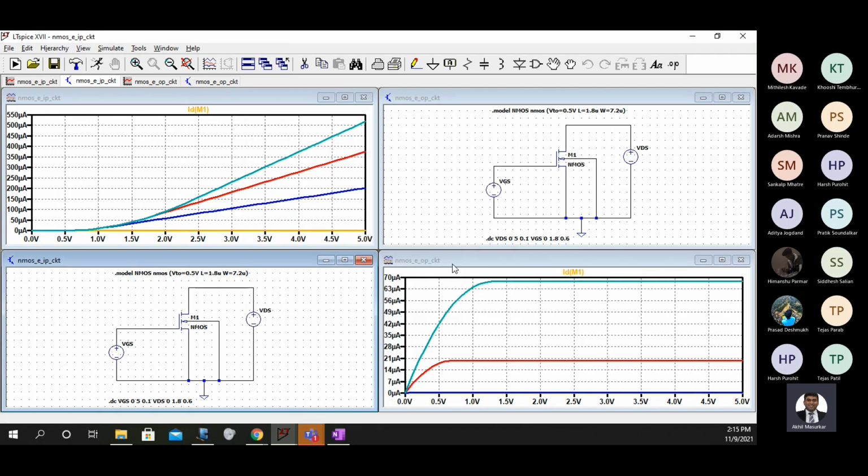And you should note that through schematic also, the maximum current, when we did it with the code, was 70 micro, and it was 550 micro in the case of input characteristics. And with the help of schematic also we are going to get the same thing.